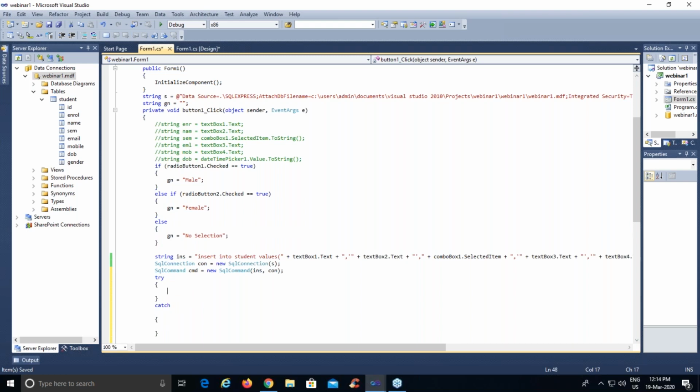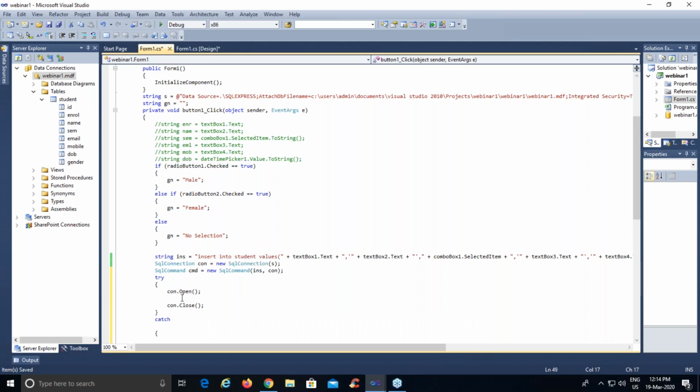So in the try catch block, the first part is to open the connection. So we'll open the connection, connection.open, and again close this connection. And between these two things, we are going to actually execute this query, this ins query. And this ins query has been passed as an argument in command class. So we are going to use this object to execute this query.